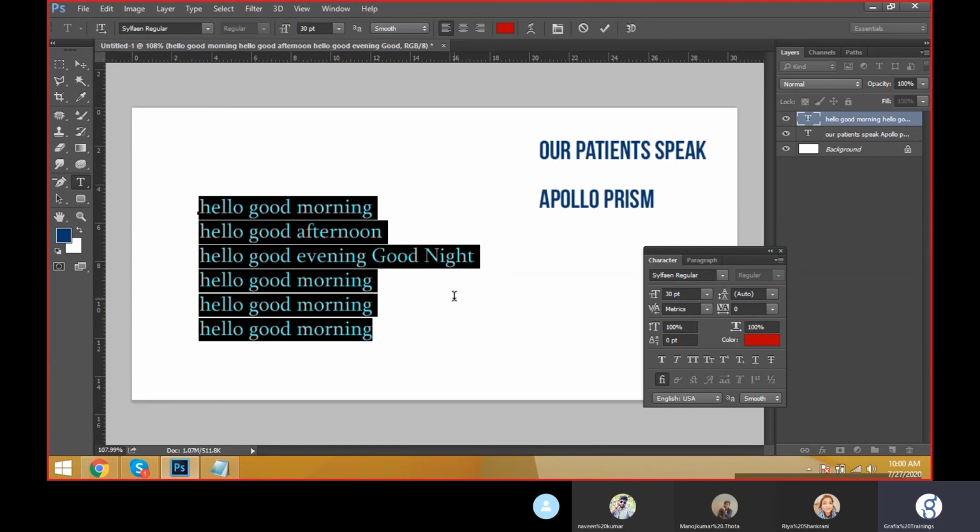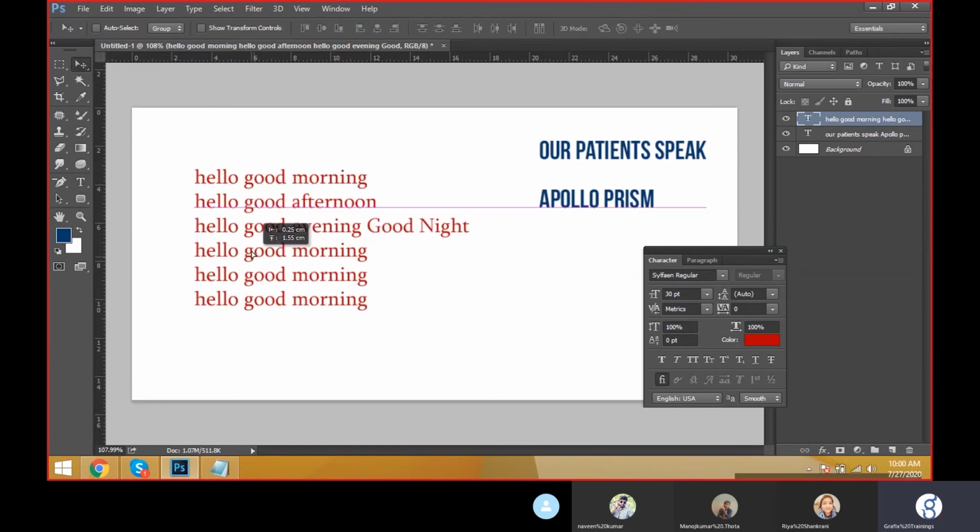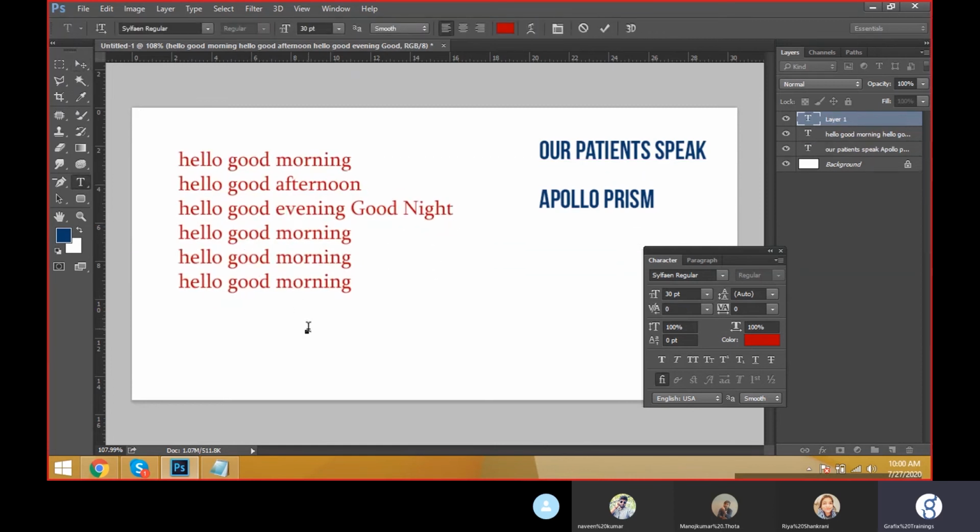Okay, everything is clear. Suppose I need to write 10th class. The th should come up above the 10. That is called superscript.